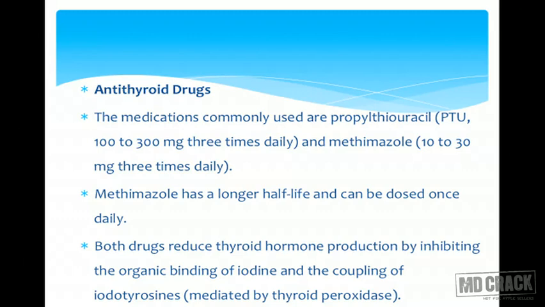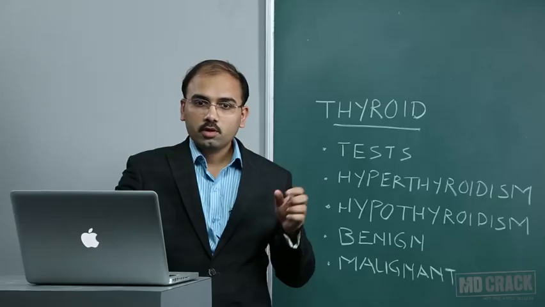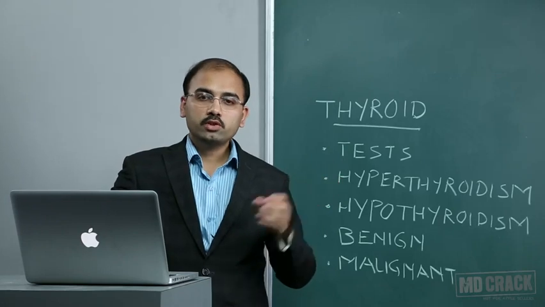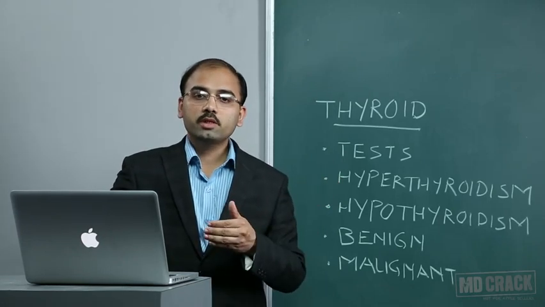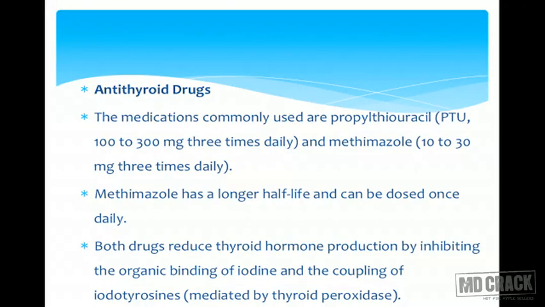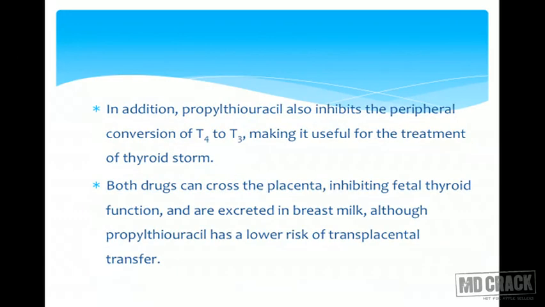So methimazole can also be given once a day because it has a longer half-life. So friends, many times questions are asked on these antithyroid drugs. So go through these statements carefully. Both drugs reduce thyroid hormone production by inhibiting organic binding of iodine and coupling of iodothyronine, which is mediated by thyroid peroxidase. In addition, propylthiouracil will also inhibit peripheral conversion of T4 to T3, making it useful for treatment of